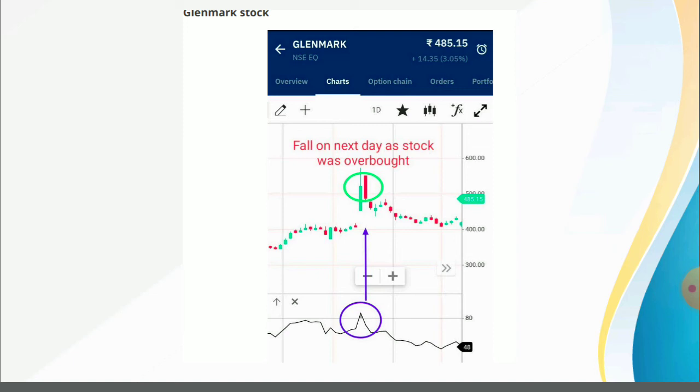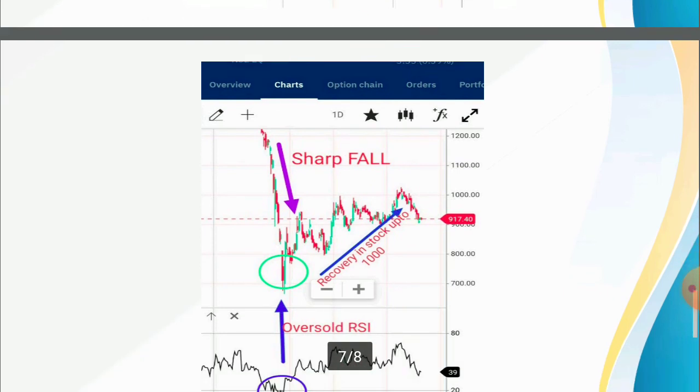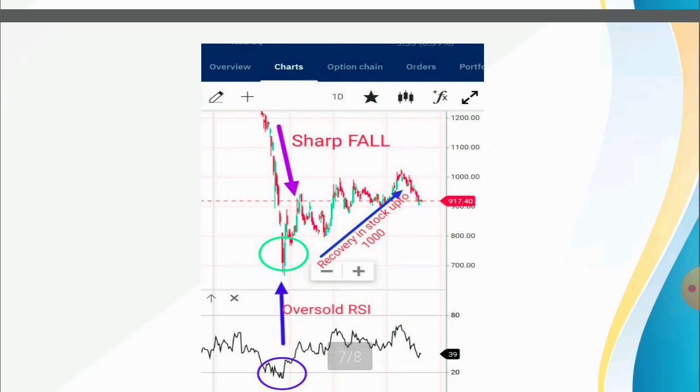Another example we can take is L&T. It was near March 2020. There was a big fall in the market, and so in L&T. Now L&T is not a bad stock fundamentally, but at what point should we buy? RSI helps here as well. RSI went below 20 when the stock was near 750, suggesting the stock was oversold, and it turned out it was the best price. Eventually the stock recovered in the coming months, touching the 1000 plus mark.